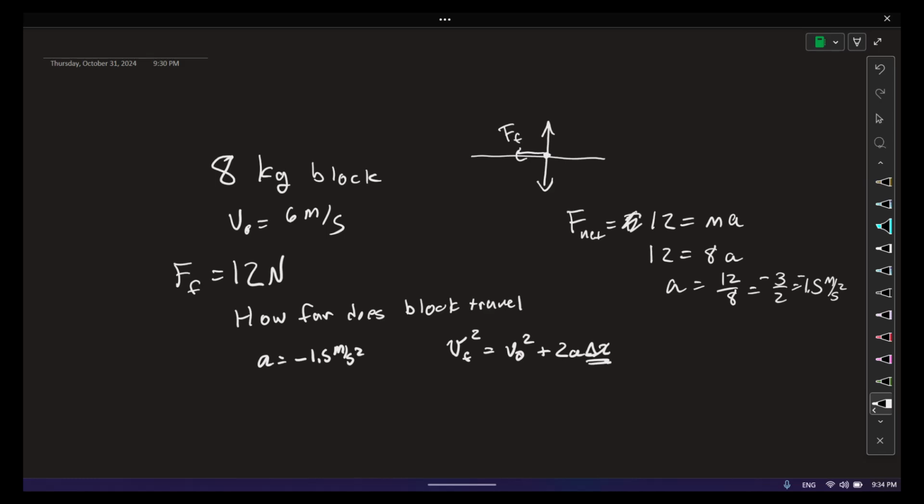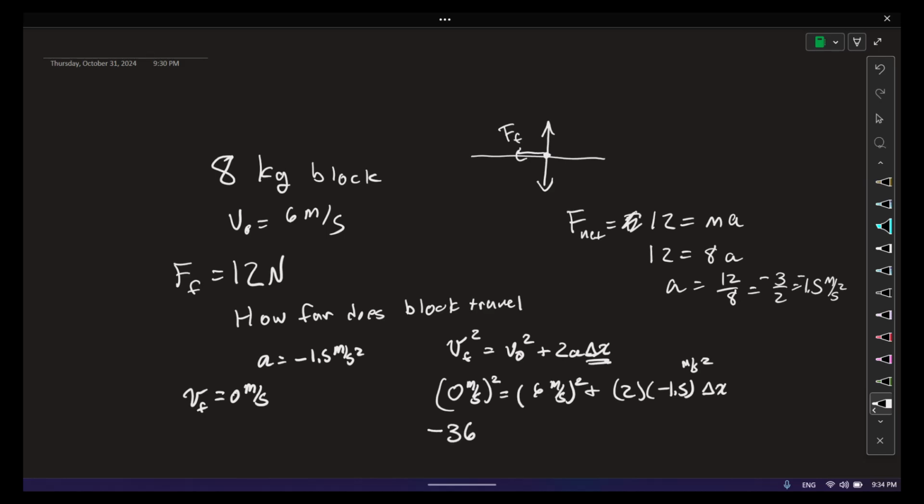So when it comes to a stop, our final velocity is 0 meters per second. So 0 equals 6 meters per second squared plus 2 times negative 1.5 meters per second squared times delta x,